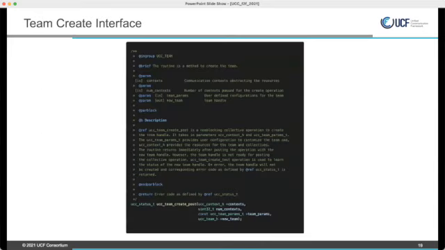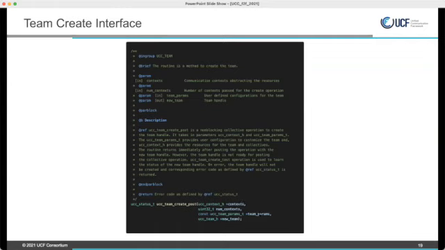So let me see if I have, yeah, let's go. If you look at the interface, right? We finished building a library object. From the library object, we build the context. From the context, we are building the team. You can pass single or multiple contexts, and we have team parents. Again, this is a way to express customizations, and you create a team. So there are lots of customizations here for team.